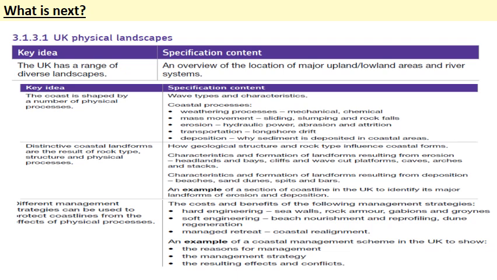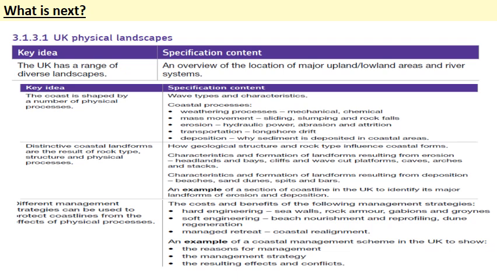Well done, you have now successfully completed your assessment feedback and hopefully can see lots of improvements as well as highlighting your best achievements throughout. But what's next? You may have already started in lesson the UK landscapes and looking at the major upland and lowland areas as well as the river systems across the UK. Shortly after this, you will be moving on to the coast topic, looking through coastal processes, characteristics and formations of landforms such as headlands and bays, cliffs, wave-cut platforms, cave, arch, stump, and also depositional landforms such as beaches, sand dunes, spits and bars.